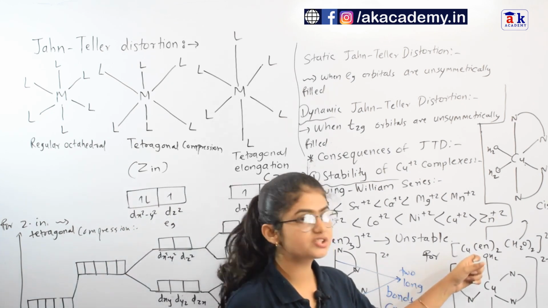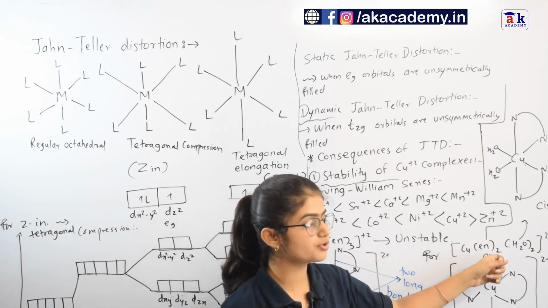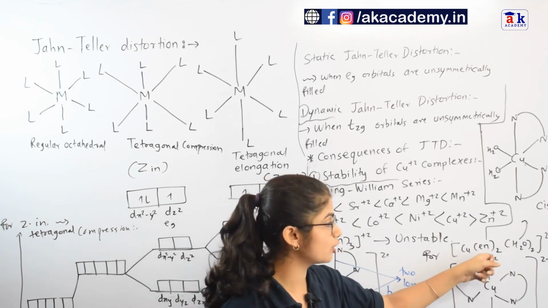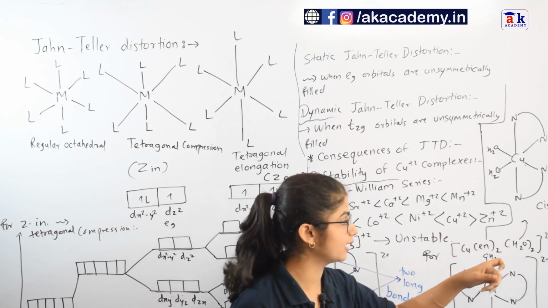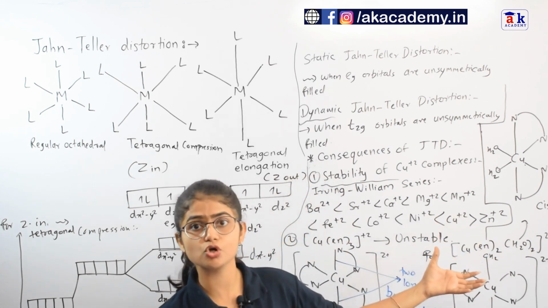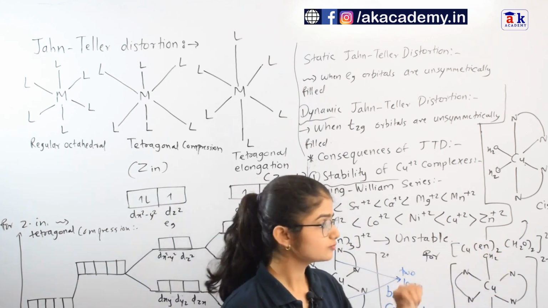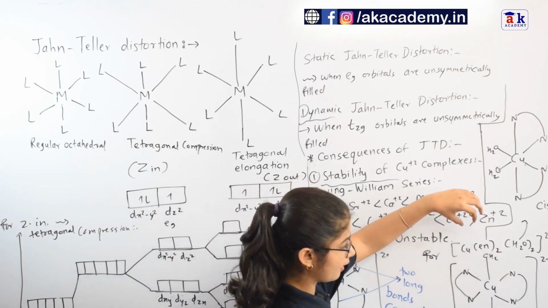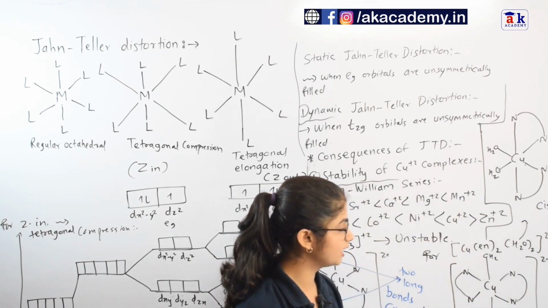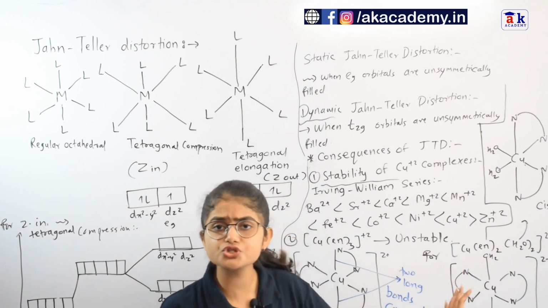Then if you discuss this condition, that is Cu ethylene diamine, there are two molecules of ethylene diamine and two molecules of H2O, so there are two bidentate ligands and two monodentate ligands. So in case of trans, if suppose we have a trans complex of them, so for trans complex the H2O will be on the extreme position, and then the ethylene diamine, that is the bidentate ligands, will be like this, and now you can see there is no strain as such.